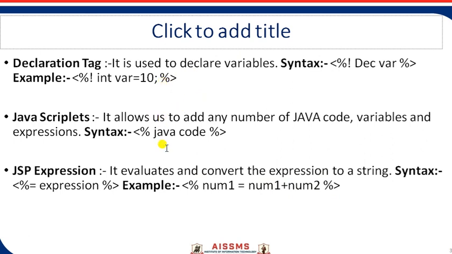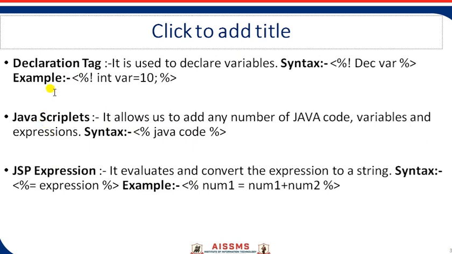tags which are used for inserting Java code in JSP. But besides this, we have other tags also, like declarative tags. They are used to provide the behavior, page directives we call them. Tag libraries are there, they can also be inserted here through your tags. This is how it is tag based.